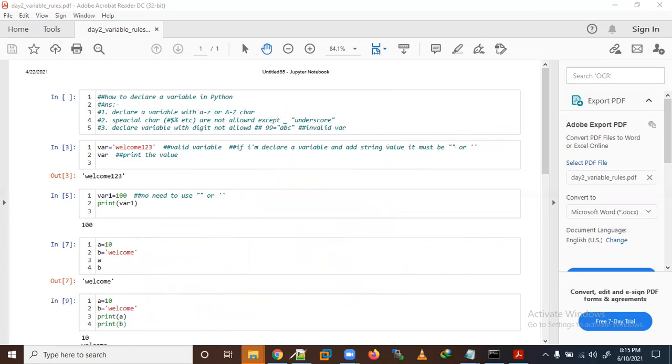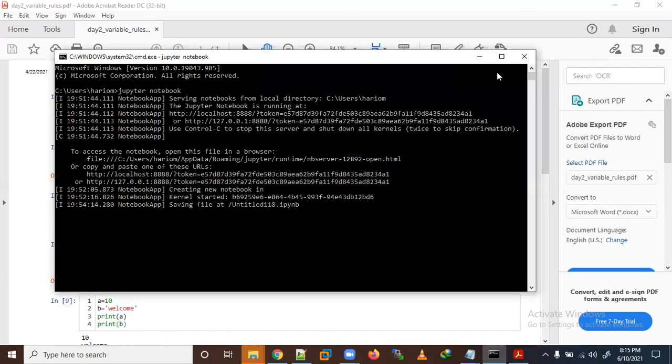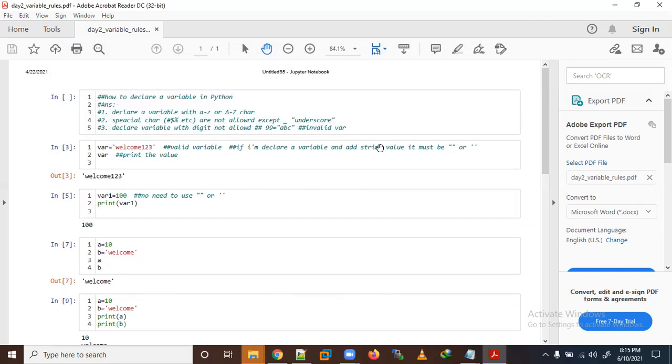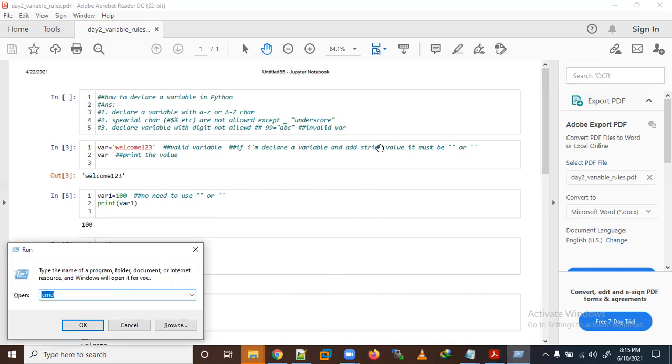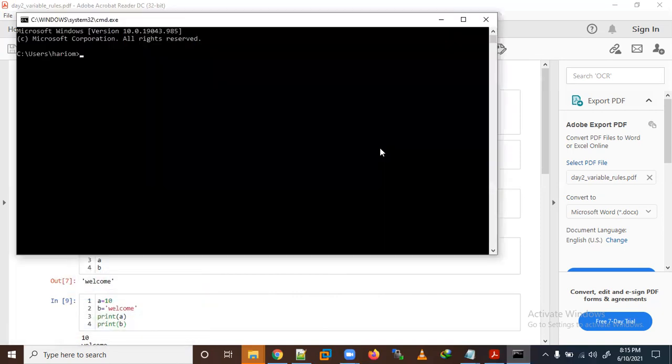Let me open a Jupyter notebook. Once you have installed Jupyter notebook on your Windows, open CMD and type jupyter notebook.